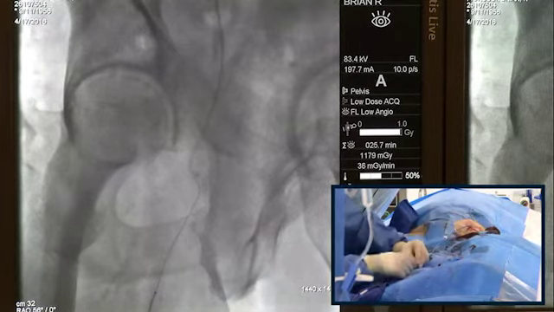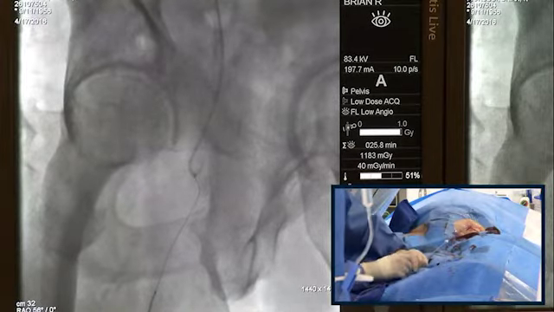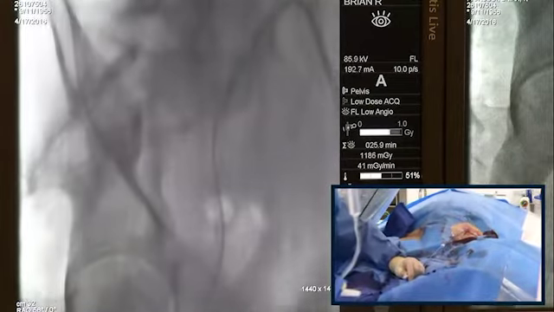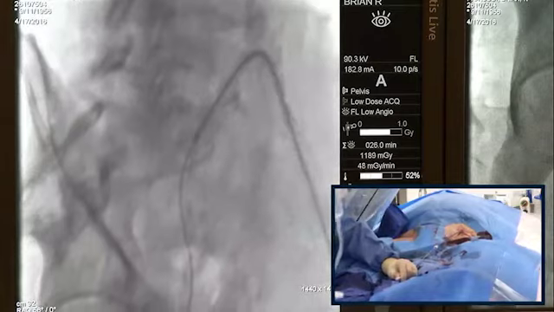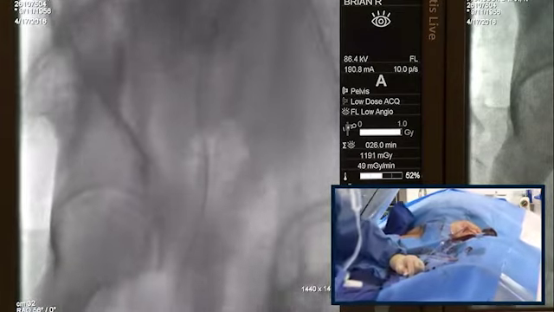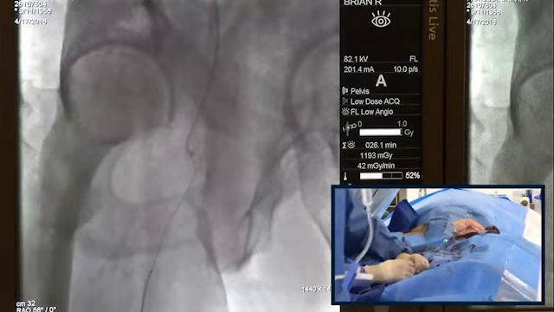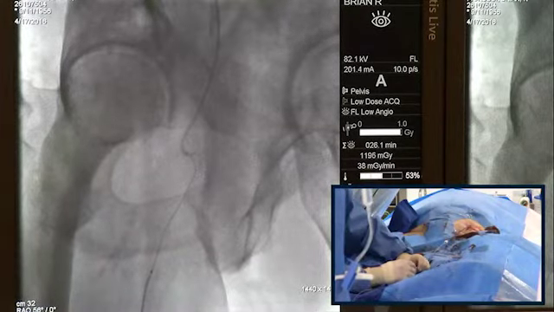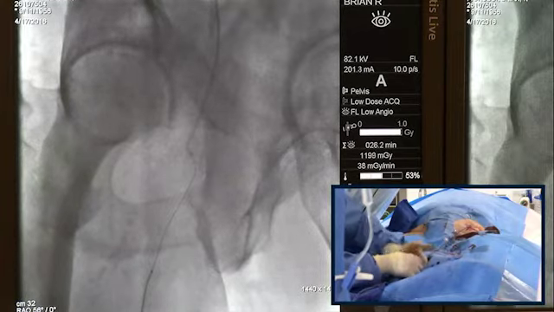Okay. I see part of the problem we have here is that we can't get a sheath down. The sheath is stuck over here. Let me show you so you can see. And despite doing some angioplasty and some hard work, we haven't been able to get it down. So I didn't want to spend the whole time doing that. I think that if we can get this wire down, then we can rail it and get the sheath down. So that's part of the reason we wanted to go for popliteal, because we wanted to have more of a,